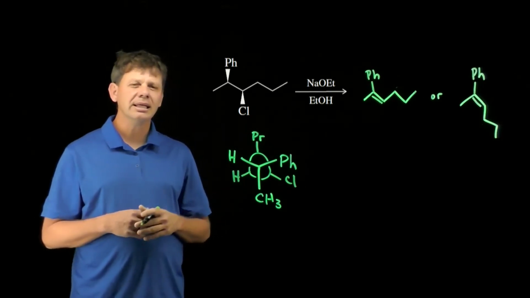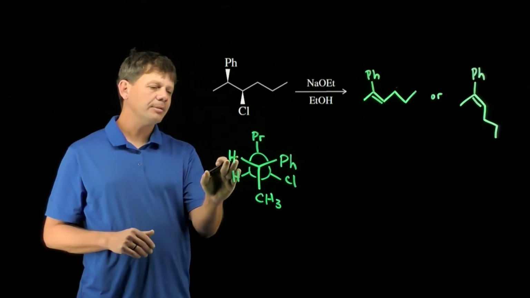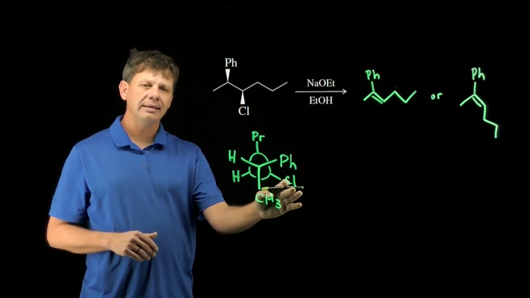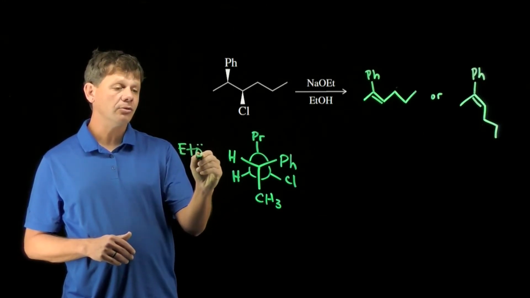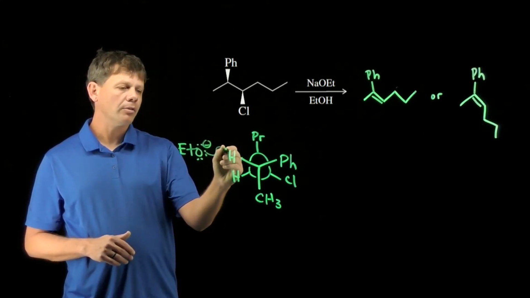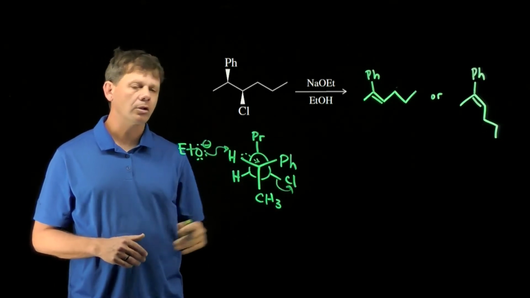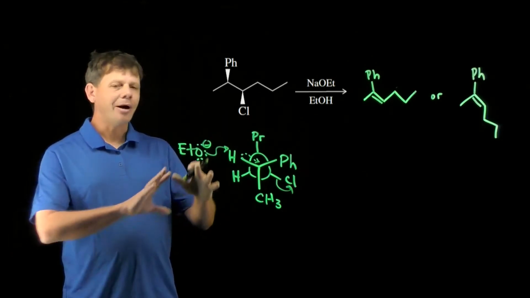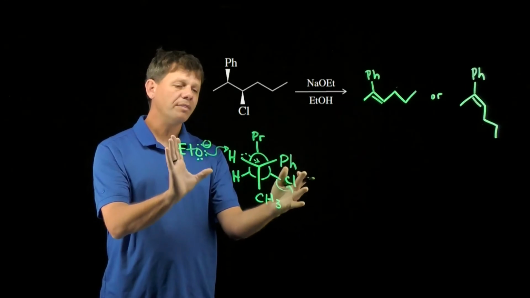Now, we got lucky in this because the Newman projection that we drew initially has the proton and the chlorine anti and coplanar. And so we can imagine our E2 mechanism where the proton gets removed, the electrons bounce back, and kick out the chloride leaving group. We don't need to really talk about the E2 mechanism, except that what this shows is